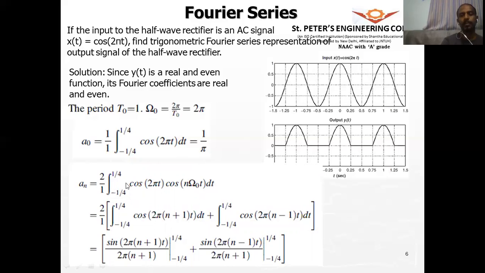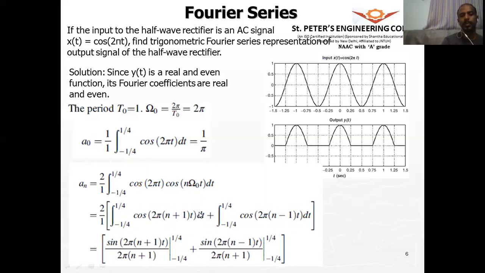So that means all the bn terms will be all zeros, so only an terms exist. The ans are the coefficients for the cosine terms. All right. So therefore, an will be equal to 2 by 1 integral from minus 1 by 4 to plus 1 by 4 of cos 2 pi t and cos n omega naught t